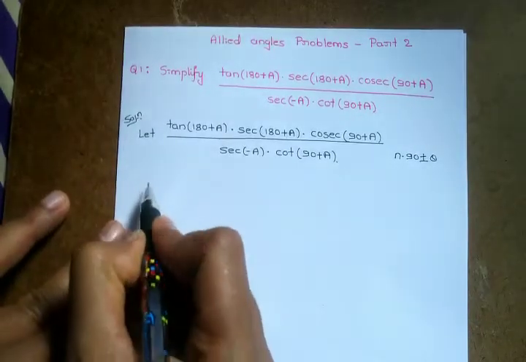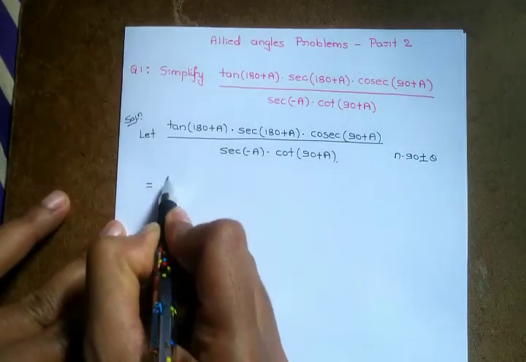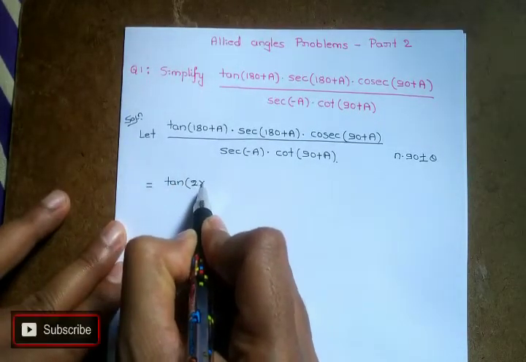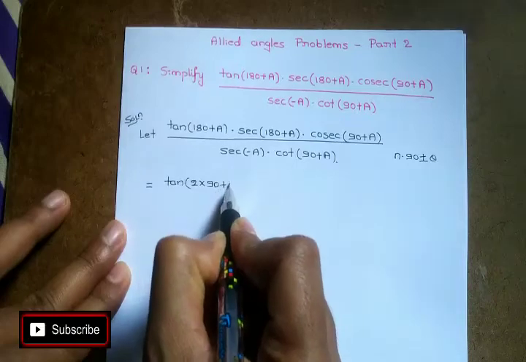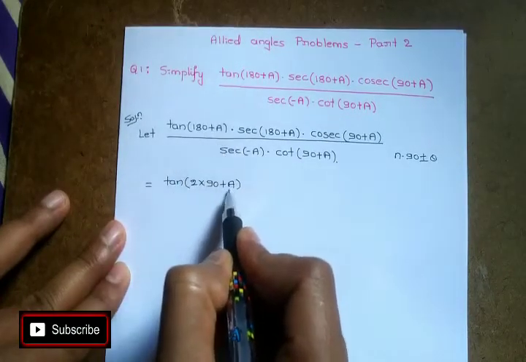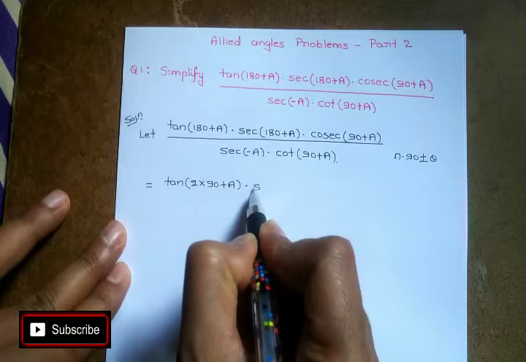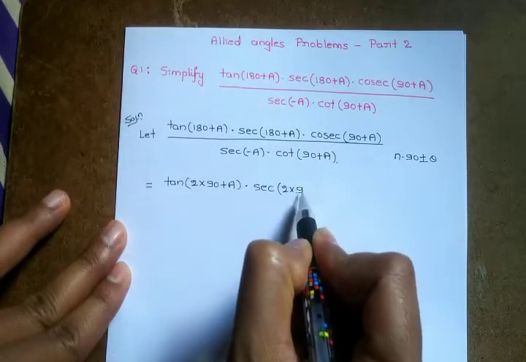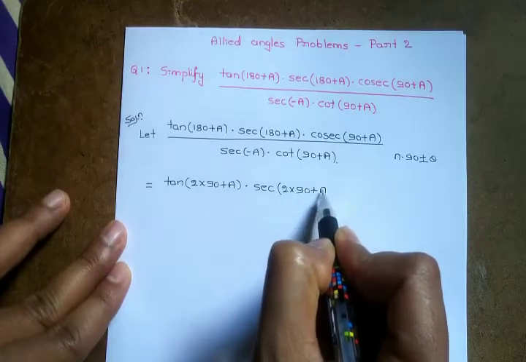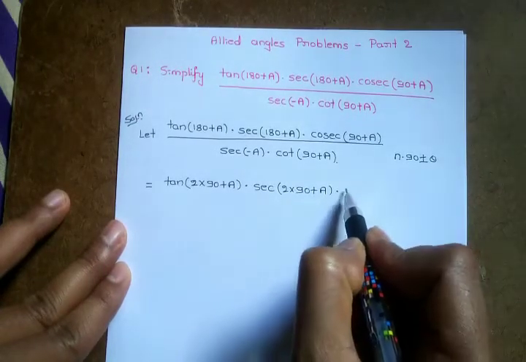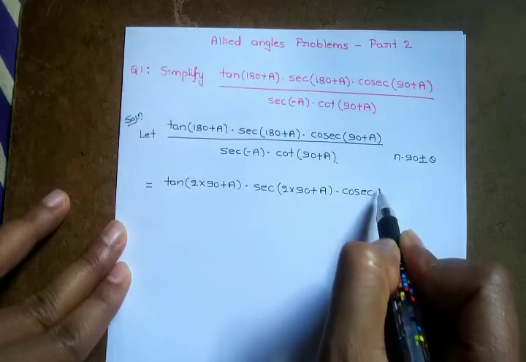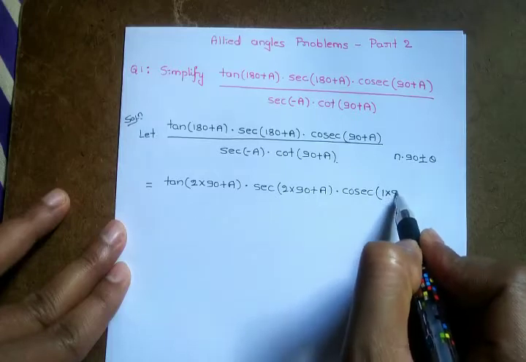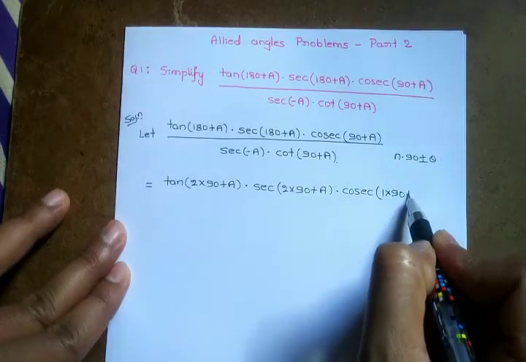Therefore, tan, this 180 can be written as 2 into 90 plus a, keep the plus a as it is, into sec, again 180 can be written as 2 into 90 plus a, into cosec, 90 can be written as 1 into 90 plus a,